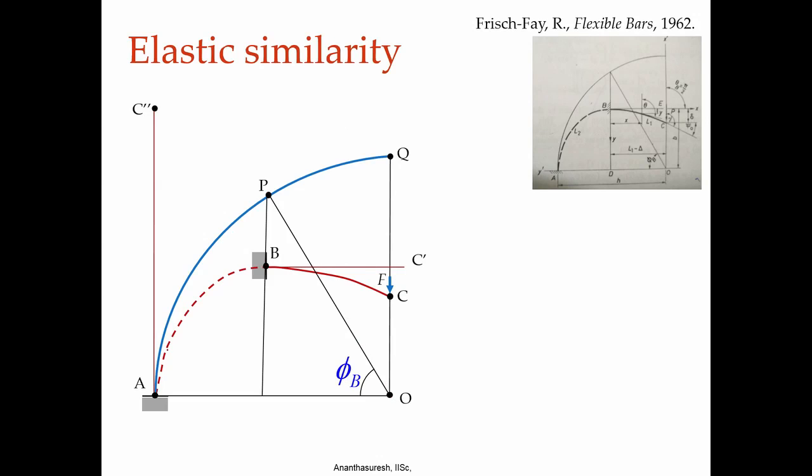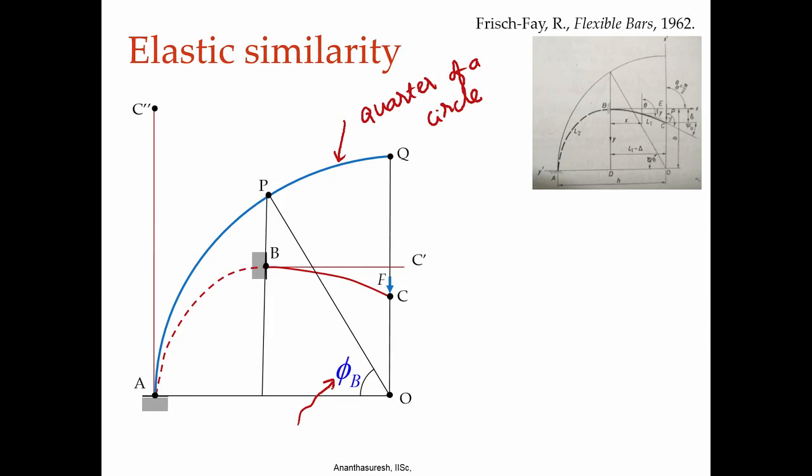Remember, this is a quarter of a circle, and that is how this phi is defined, and that phi is measured in this manner. So, from horizontal line AO and then OP, that inclination is phi B. Again notice how we got P, we went from B up until it meets a quarter of a circle and then come down. So, the phi that we measure is actually this angle that we have shown there, and this